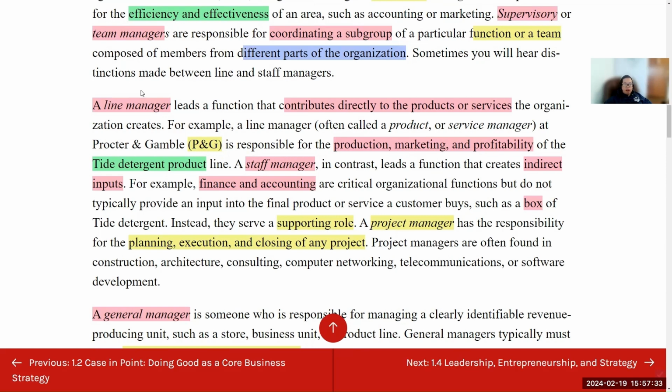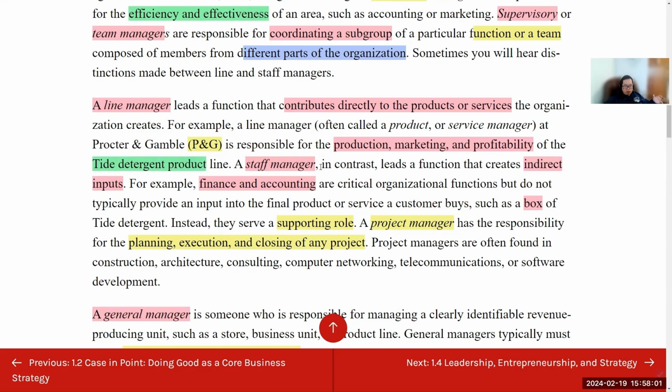So when we talk about line manager, we talk about product-centric. You can call it product manager or service manager, the same thing. I have a sample here, the P&G tide detergent. You have to decide how you make that product, how you put it in a package, and how you sell it to people.